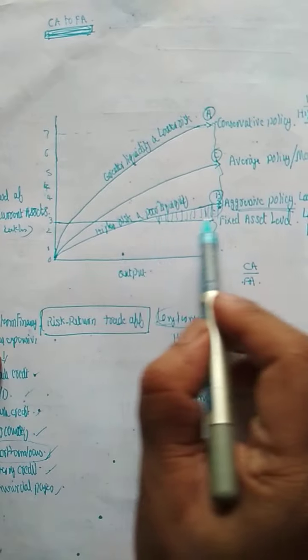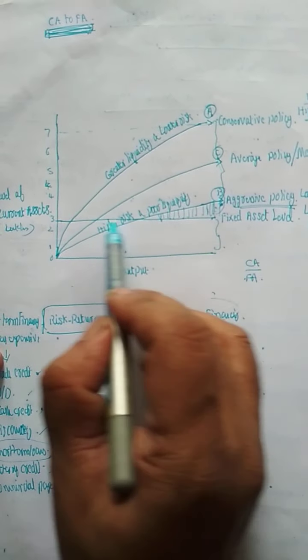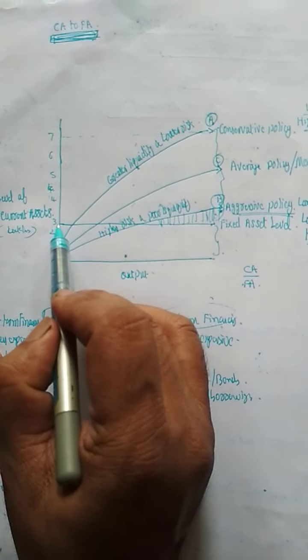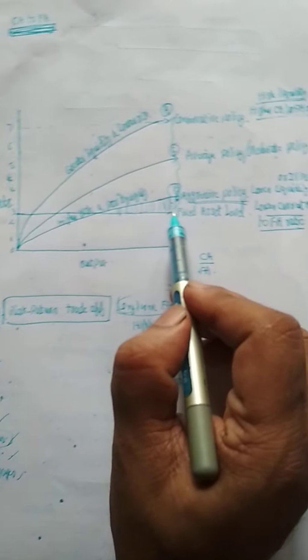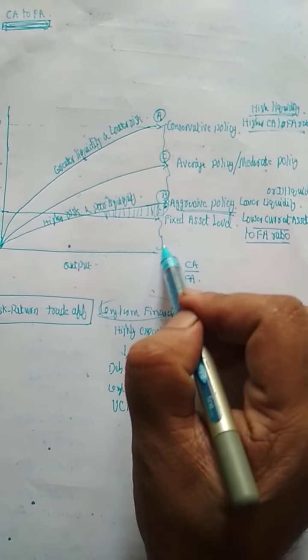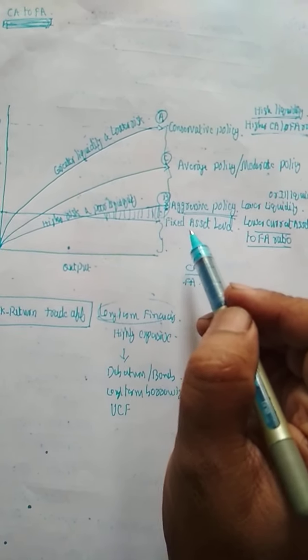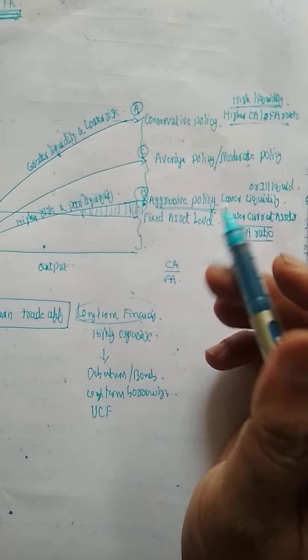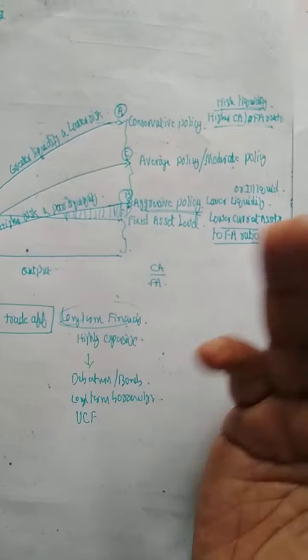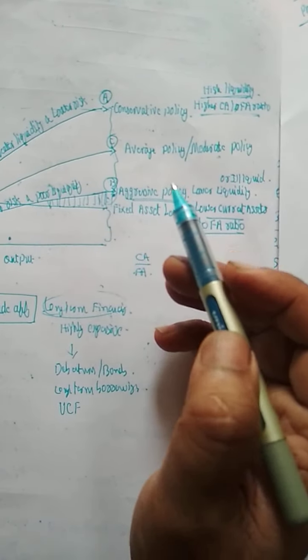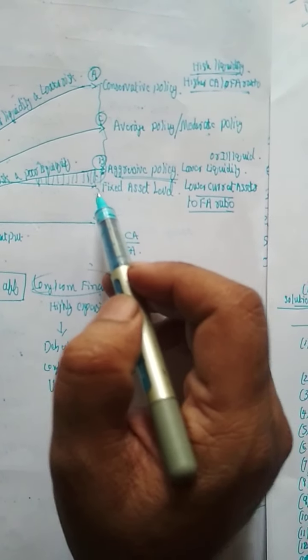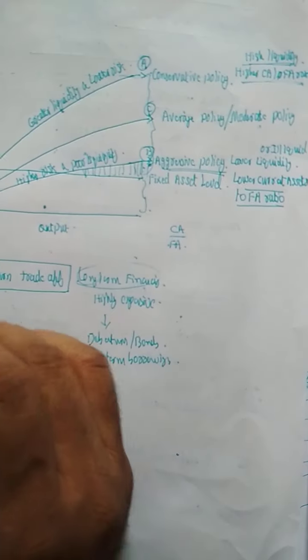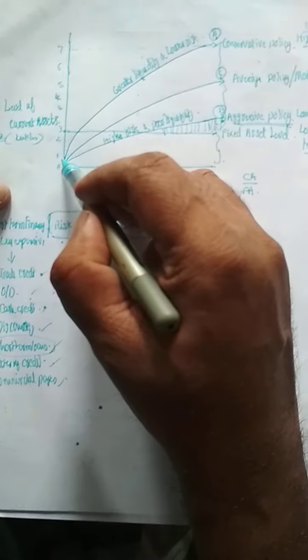Keeping the fixed asset constant, you could see that a straight line is drawn under the 3 lakh rupees. Fixed assets is kept permanent in the organization. Usually the fixed assets will not change. You could say that in any balance sheet, unless otherwise there is new investment, the fixed asset remains constant. What will a firm do? A firm will leverage its current assets.